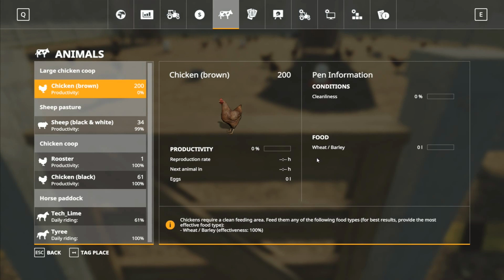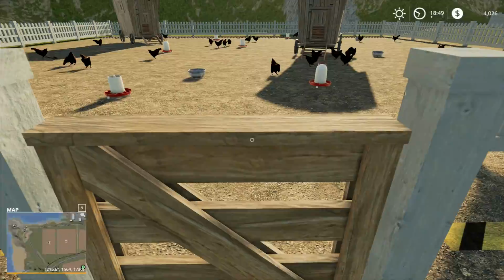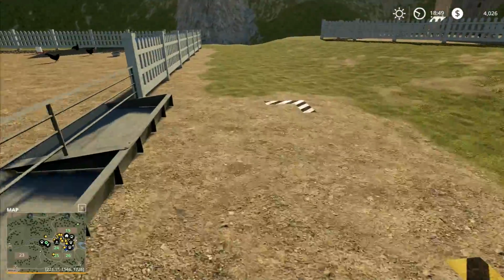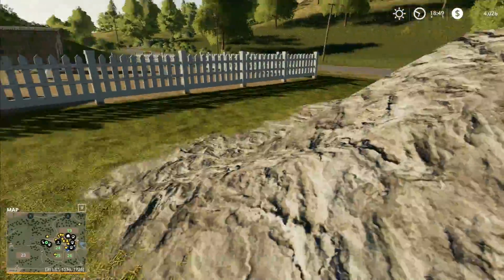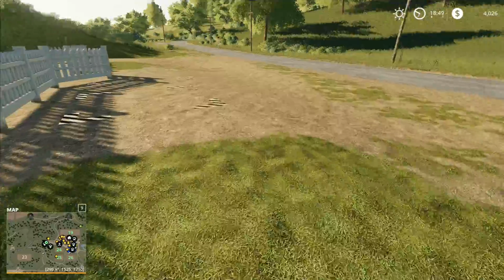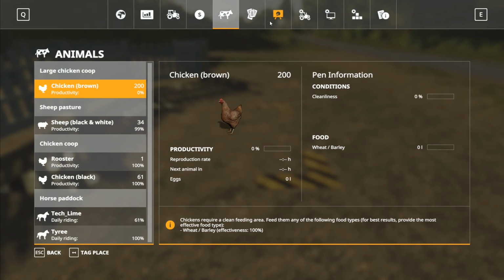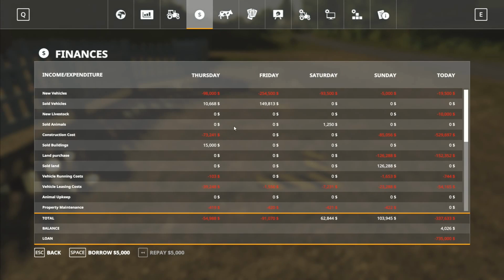Cleanliness is not anything at the moment, and then we're going to want some food. So the first thing I'm going to do is put the wood chips down over here, because we don't want to be messing around with doing the other. But we've got $4,000 left. I don't think I can take out any more loan, which means that we're going to have to just stick...